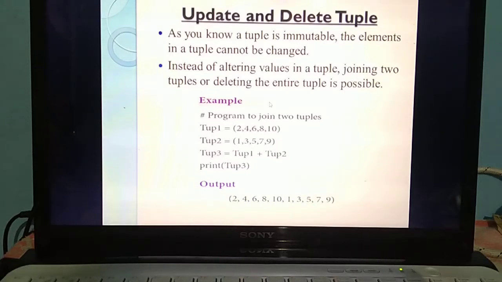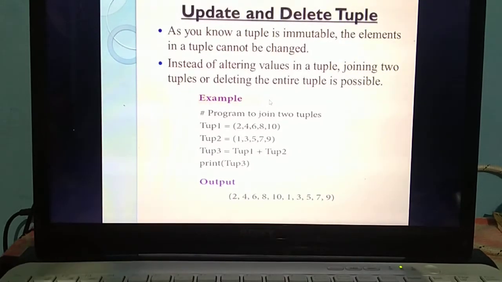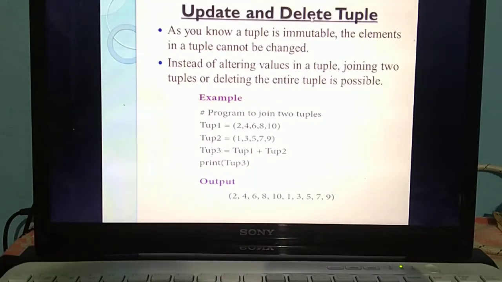So already you have studied this. In a tuple, can you make modifications or changes to the elements? But in the list you can change them, isn't it? So you already know the elements in the tuple are immutable. In a list you can change the elements, but in the tuple you can't change the elements. So we are saying the elements in the tuple are immutable.